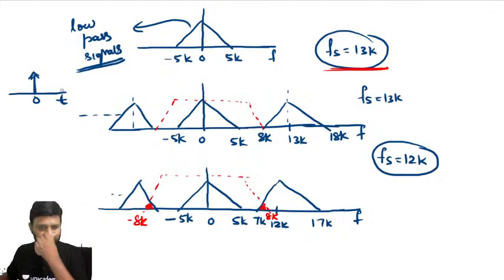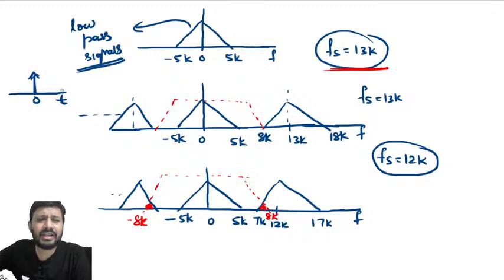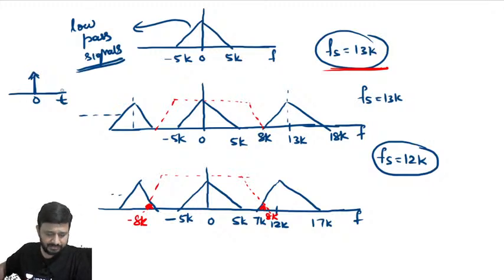This is what your sampling is. How to find the Nyquist rate, Nyquist interval, what the low pass filter characteristics are and how you are going to reconstruct. This much knowledge is sufficient. Band pass signals and practical approaches of sampling like natural sampling and flat top sampling, we will discuss later. Okay, so this is about sampling. This is an application of Fourier transform. Now let me take one more application of Fourier transform, that is distortionless transmission.